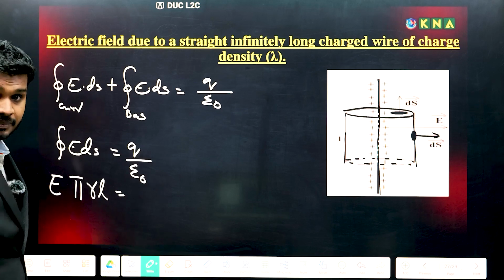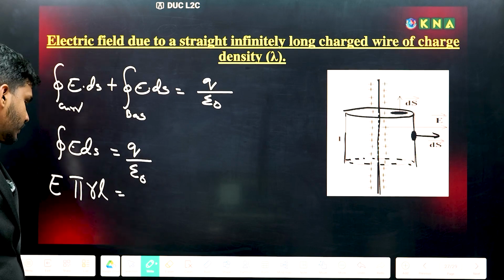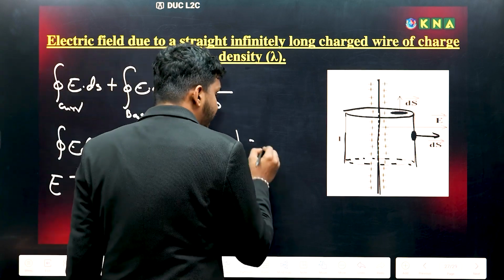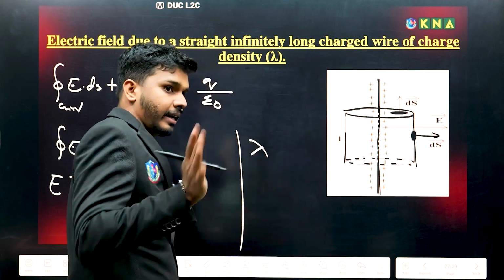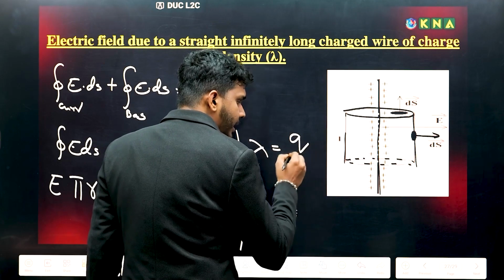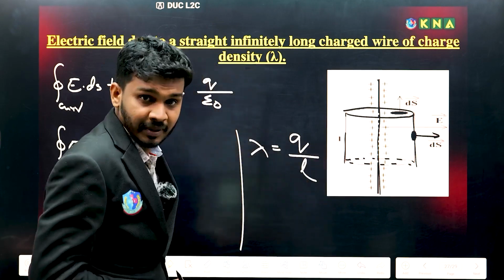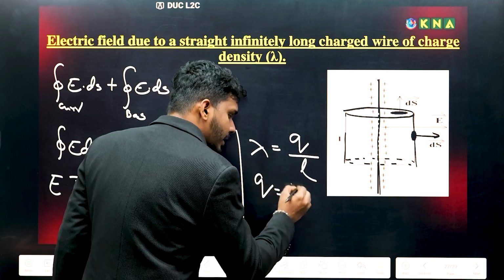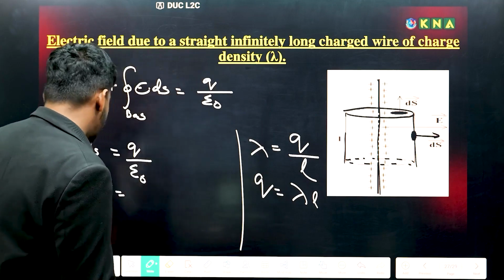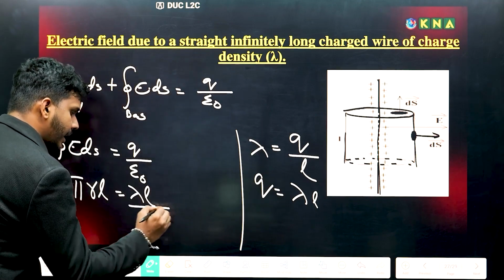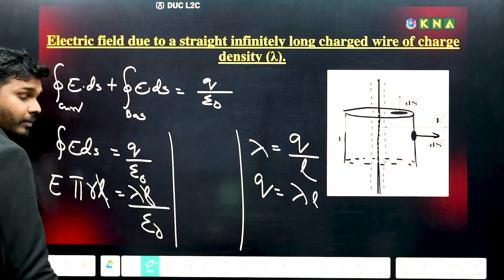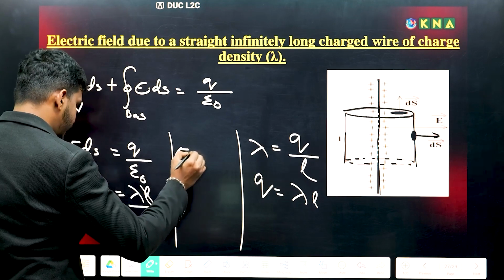That is equal to Q. What is Q? Q is the charge. Consider the linear charge density lambda, which is equal to Q by L. Then the charge Q is equal to lambda L. Substitute lambda L over epsilon naught here. L cancels, and then you will get the electric field E equal to